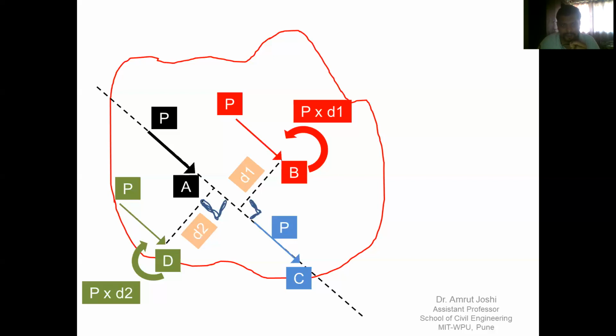Third point of the summary, moment of a force at a point on a body goes on changing in magnitude as you change the location of the point where you are considering the moment. Next point in the summary, as you go on changing the point where you are finding out the moment of a force, it is likely that its sense also may change in addition to its magnitude. So with all these summary points, let us close the discussion for today.